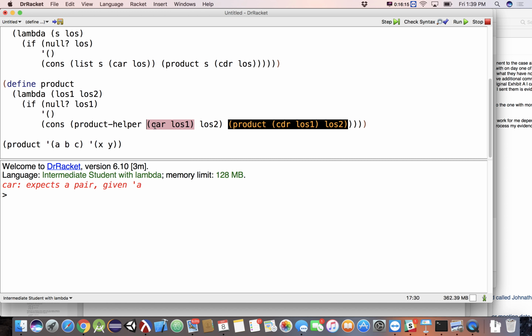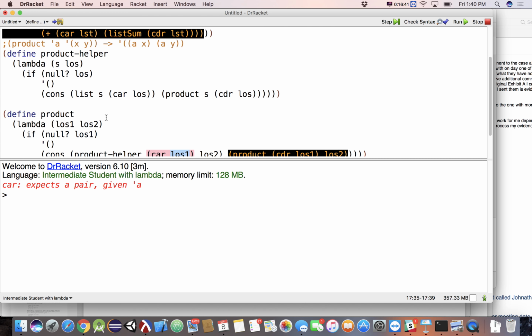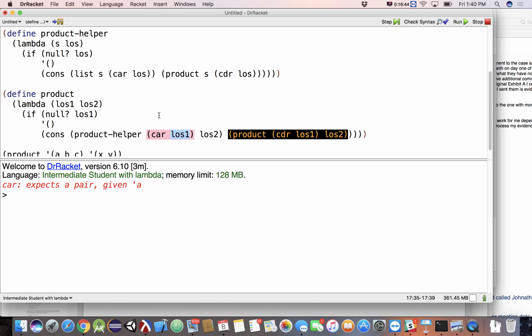The only car we have is this guy. In product helper, you have the product that was called as product.